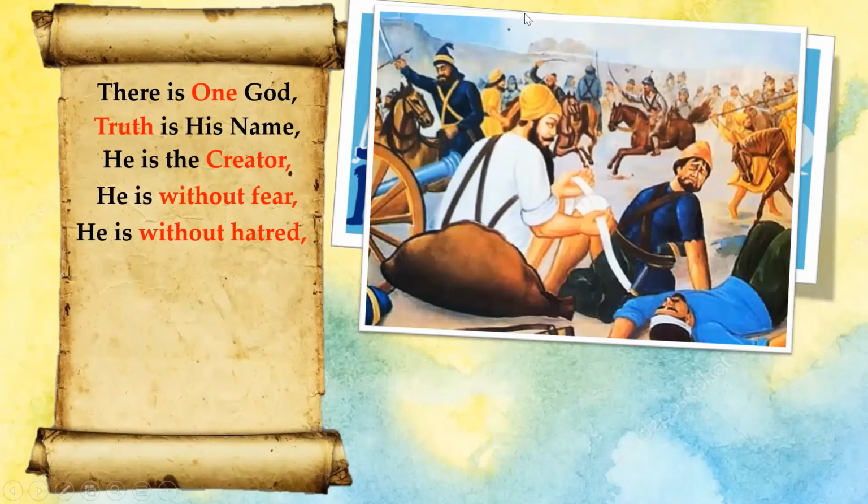So Bhai Kanhaiya Ji, everybody knows the Sakhi, the story of Bhai Kanhaiya Ji, when he's giving water to everybody after the battle. The Sikhs complain, why are you giving water? That he's giving water to the enemy. The people are coming to kill the Sikhs, and he's giving water to them. And when the Sikhs go to tell Maharaj that he's helping those who are coming to kill us.